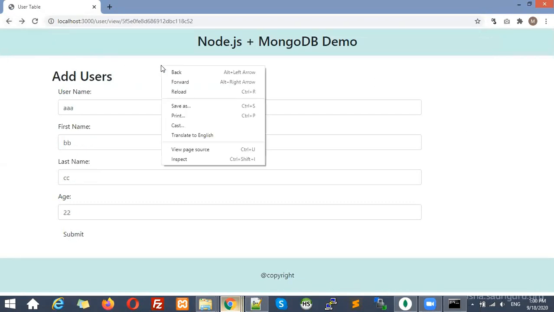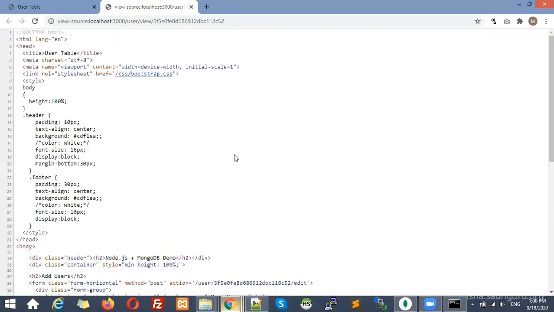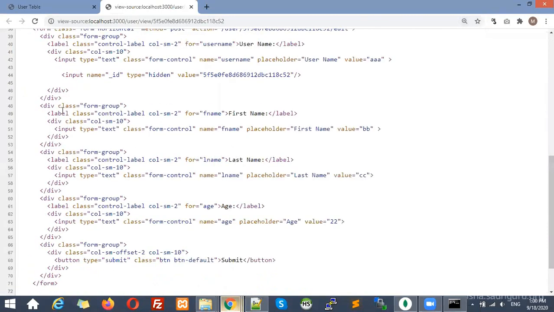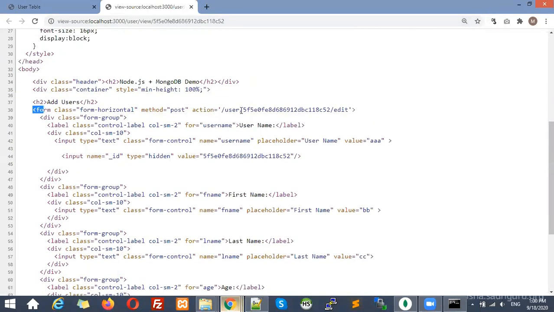Another thing, if you observe, let me show you the source code of this one. See here in the form, you can see the action will not be just user. If you remember, in the add method we have just written add user, but for update what we are using is some ID and at last edit.